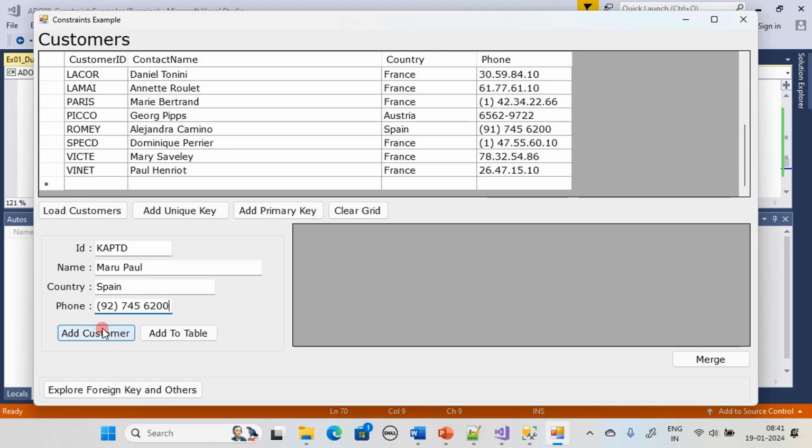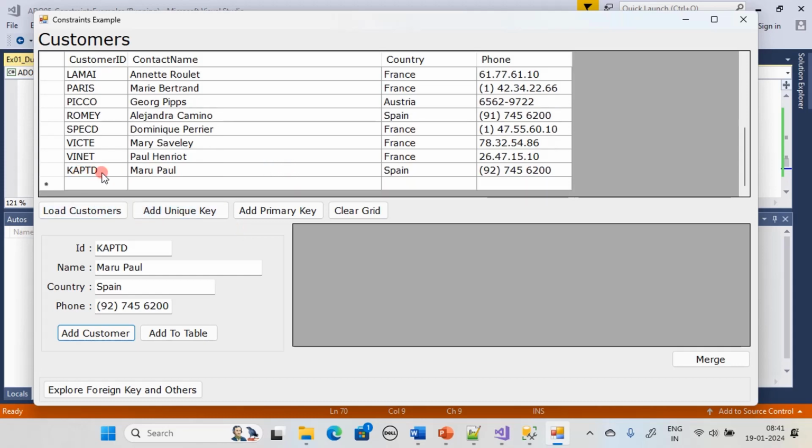Right, here I'm choosing add customer, and you can see the content is added to the dataset. We know that the dataset contains a data table, and the data table is called customers. And here in the add customer, we are retrieving the data table from the dataset. We are creating the new row, then we are adding that to the rows collection. So that's how here we added KAPTD Mary Paul. Now